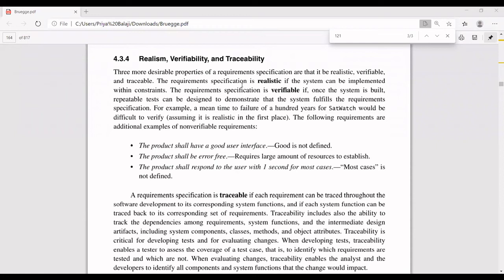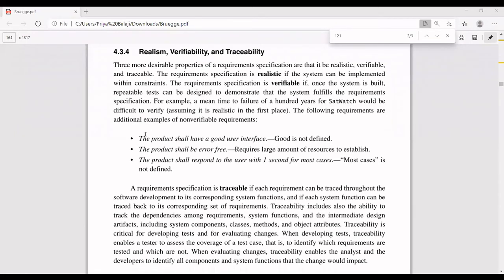Here the following requirements give examples of non-verifiable requirements. What are non-verifiable requirements? These things cannot be verified explicitly using test cases, but these are requirements which are involved inside your product. One is: the product shall have a good user interface. Good in the sense, what is good?